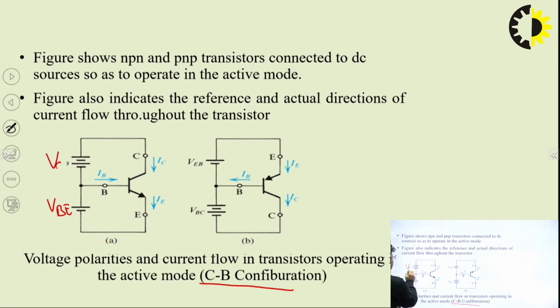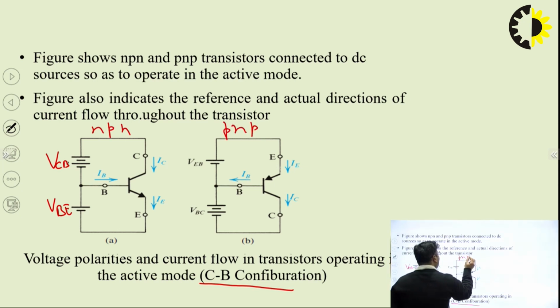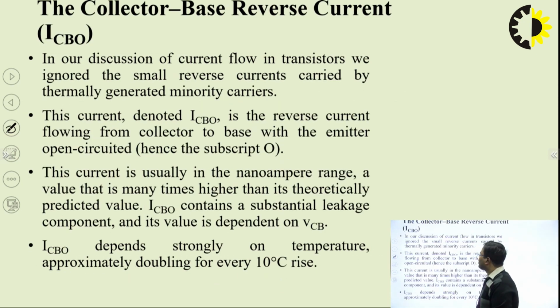So this is VCB. This is for NPN, and this is for PNP. This is the common base configuration, and the transistor is working in the active mode of operation. So this is the circuitry, and in active mode of operation,